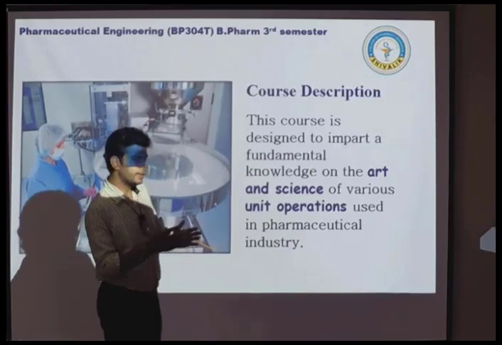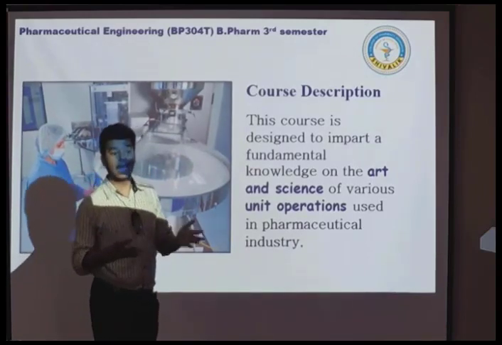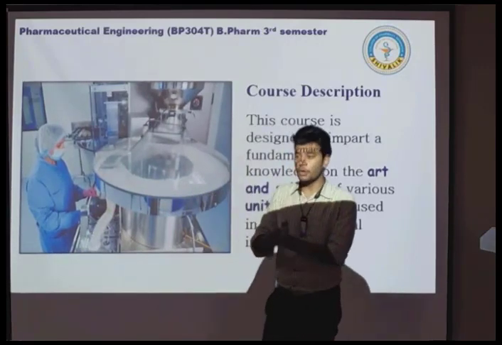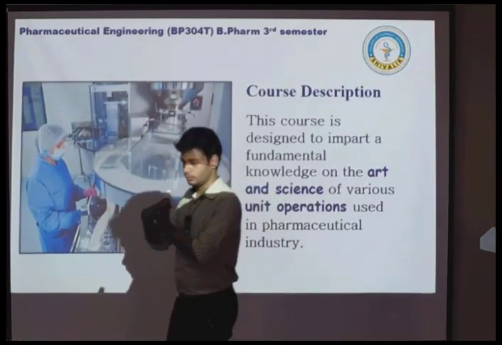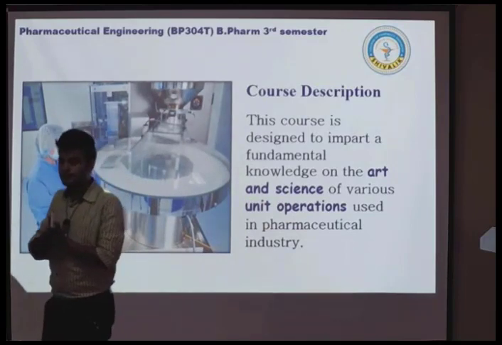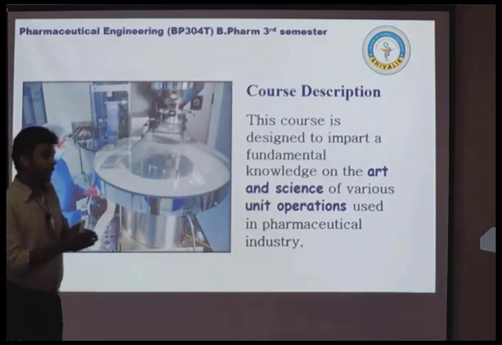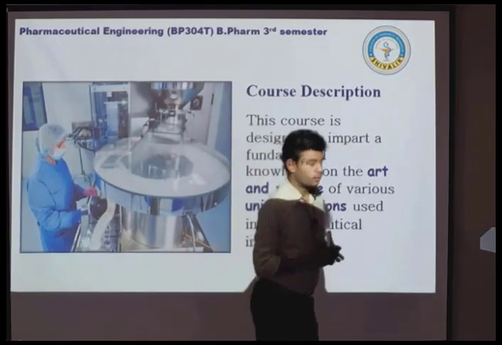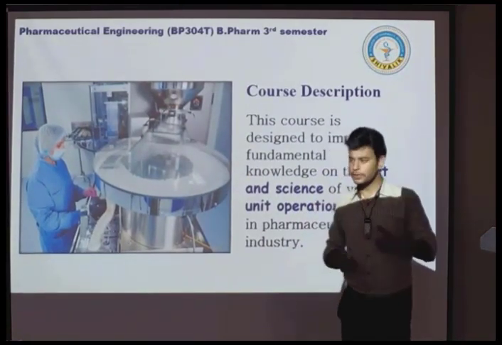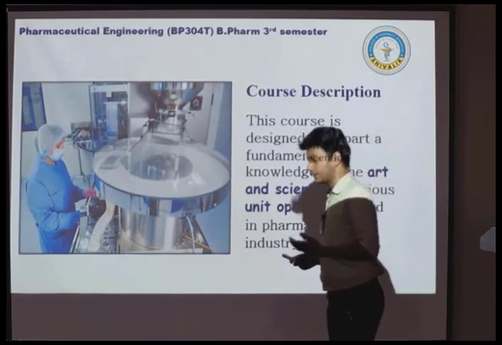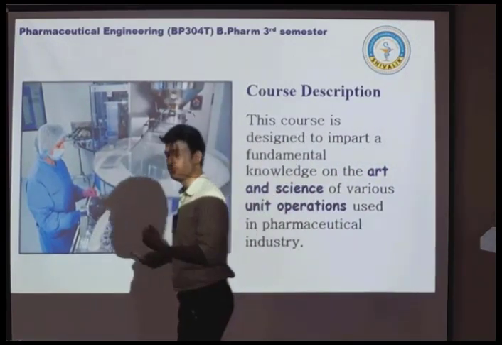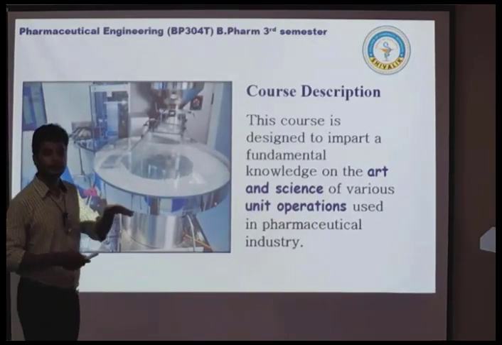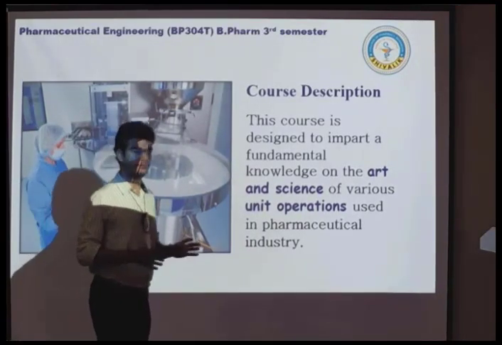Suppose we are manufacturing a pharmaceutical dosage form like a tablet. A tablet involves several small steps to produce, right from the beginning, from the production of raw material to the processing, to the final conversion, and ultimately packaging. In the manufacturing of a tablet, we generally go for size reduction, size separation, wetting, granulation, and compression. All these are very common steps that are used for the manufacturing of a pharmaceutical tablet.